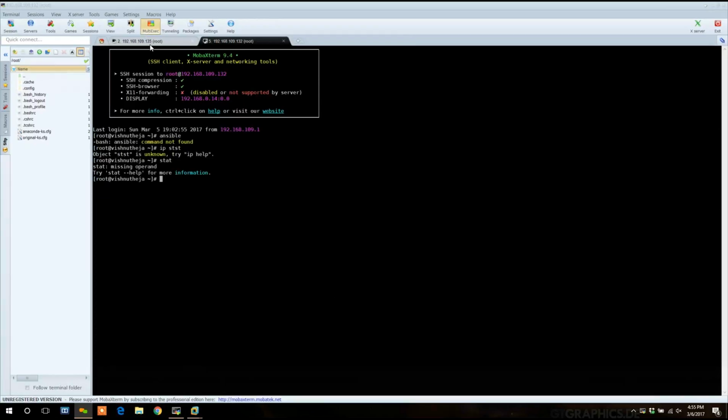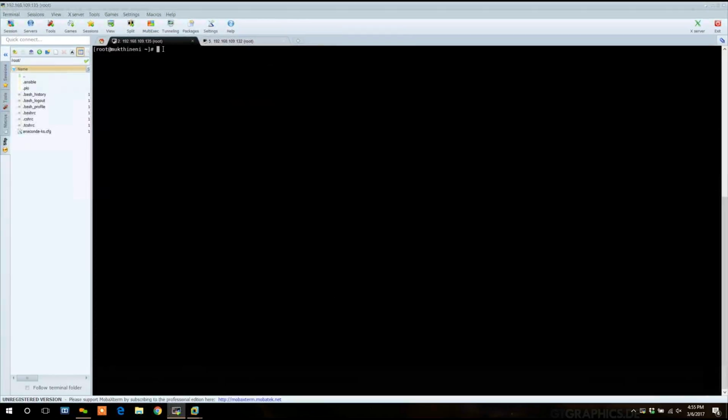What is your machine here? 135. It's pinging from this. One second, I'm checking whether these two are able to communicate or not. 192.168.109.132. Yes.